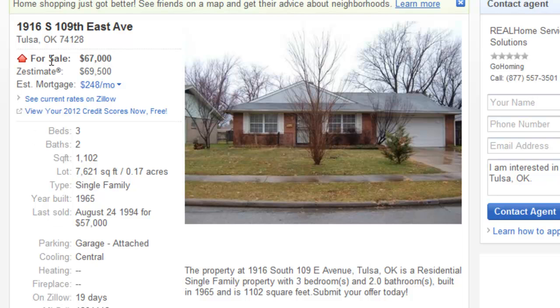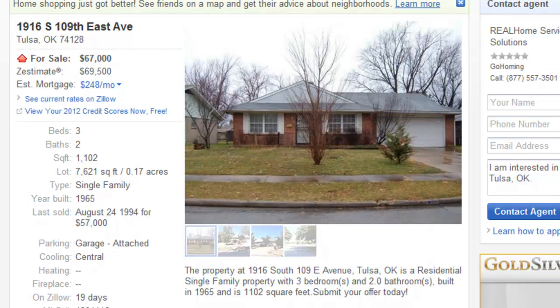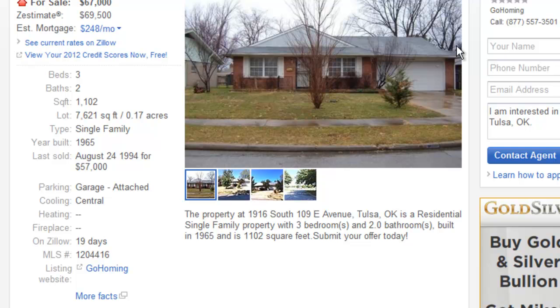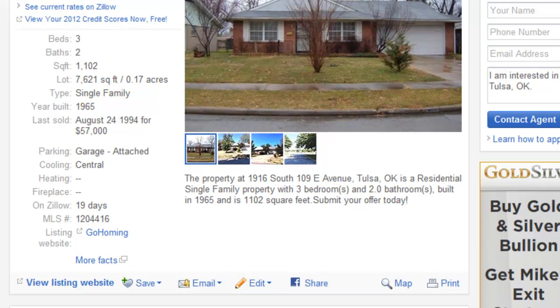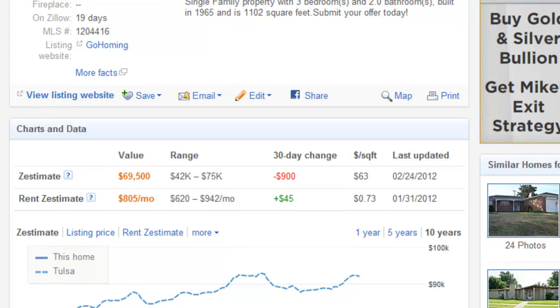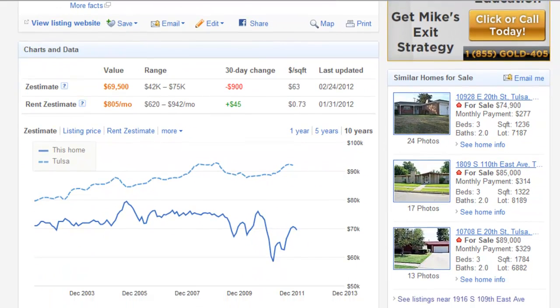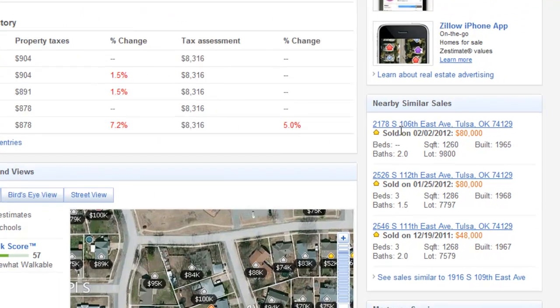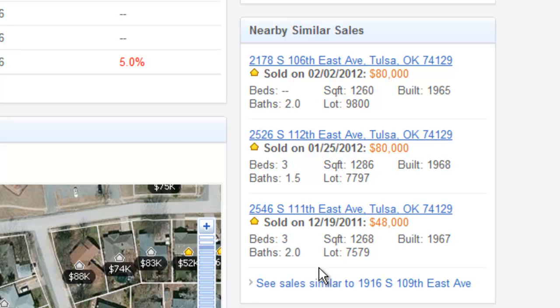Okay, pretty nice looking house. What we're going to do is pretend this is a lead that you just got under contract. Let's say you got it under contract for $40,000 because you're just that good of a negotiating ninja. What we are going to do, my friend, is scroll all the way down to this little side section where it says nearby similar sales, and click on this link called See Sales Similar to 1916 South 109th East Avenue. So we're going to click on this bad boy,